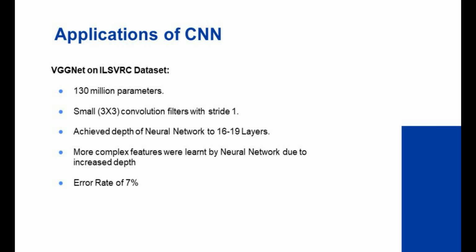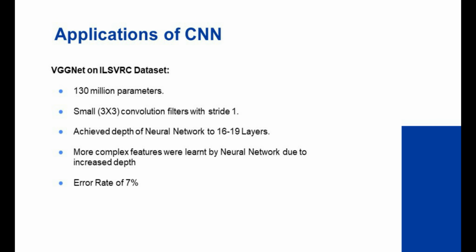There are a total of 13 convolution layers and 3 fully connected layers in VGG16 architecture. The VGG has smaller filters, 3 by 3, with more depth instead of having large filters. It has ended up having the same effective receptive field as if you only have one 7 by 7 convolution layer. Another variation of VGGNet has 19 weight layers consisting of 16 convolution layers with 3 fully connected layers and